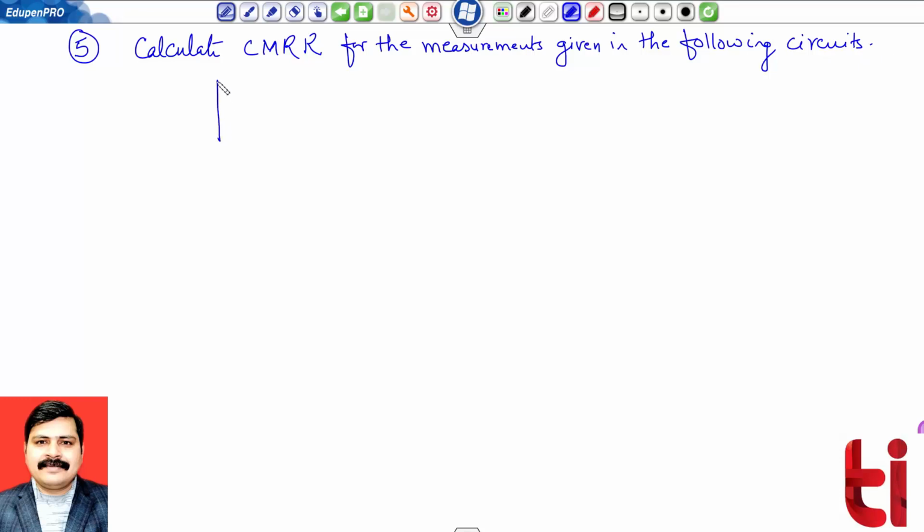Given circuit diagram. So here, output voltage,